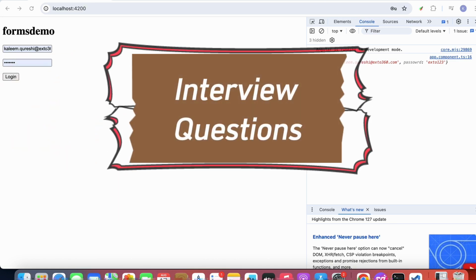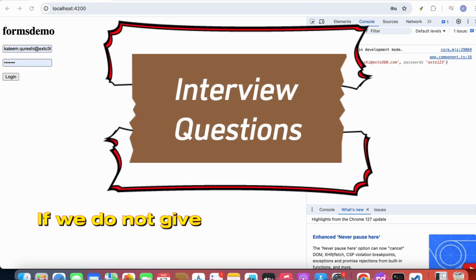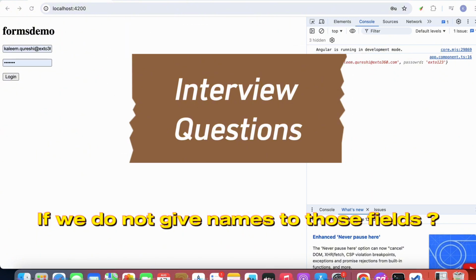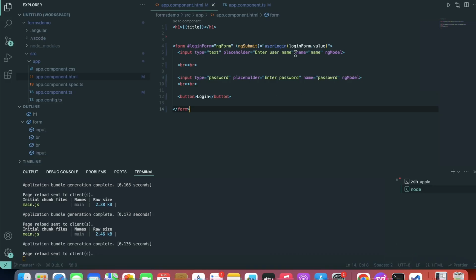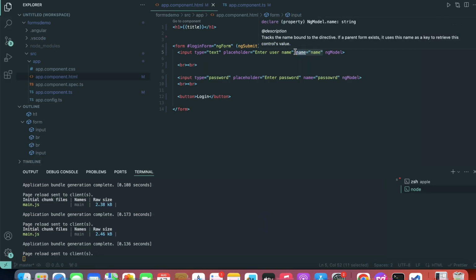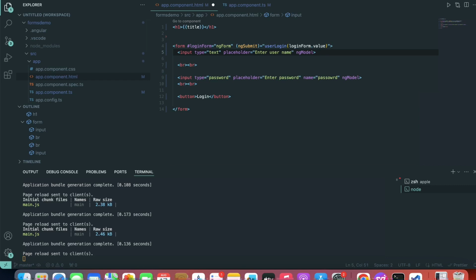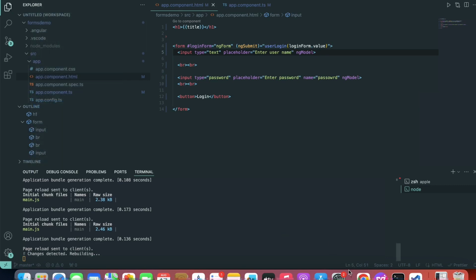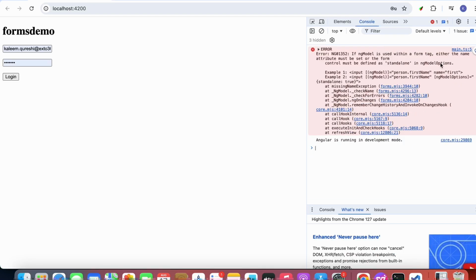So now let's move to some interview questions here. One question could be, if we do not mention name here, if I just delete it, will it work or not? Let's see. You can see here it will not work because name is required. ngModel will try to find this one, so it is necessary. So it could be one question for you in an interview. And a second question could be,